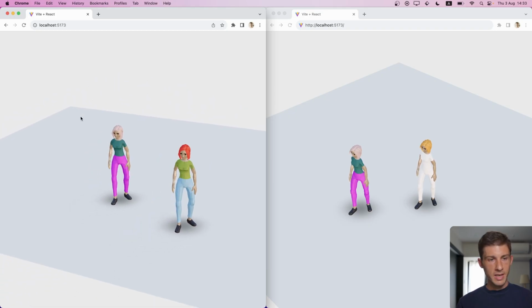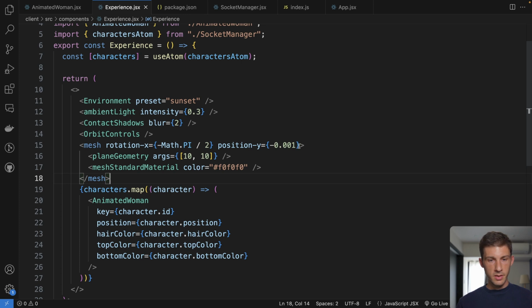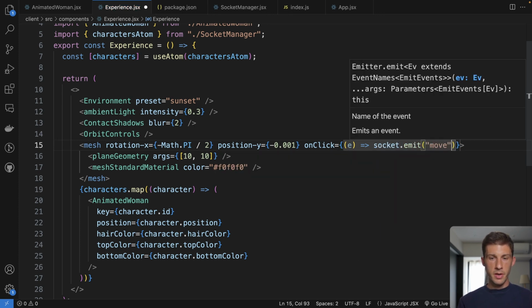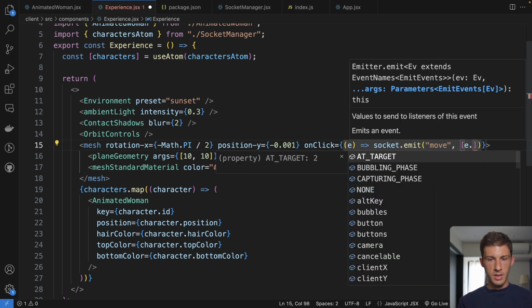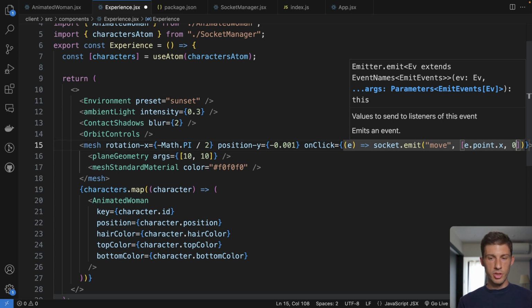We want that when we click somewhere, we send an event to say, I want to move to that position. We can do it simply on click. We'll have an event. We will do socket.emit. We will call the function move. And the parameters, we will do e.point.x. We want to stay at 0 every time, so we keep 0. And